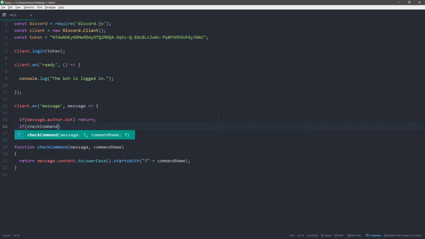So I'm going to say checkCommand. First we're going to pass in the message object. Whenever you trigger the message event, the client takes in the message parameter. We're going to take this message parameter and pass it into this function, because that's how we get the actual content of the message. Then we're going to pass in the command name, which we have to hard code. So if the command is help,